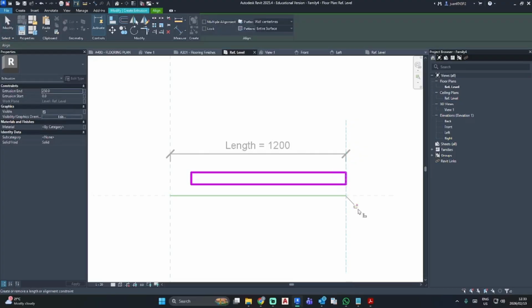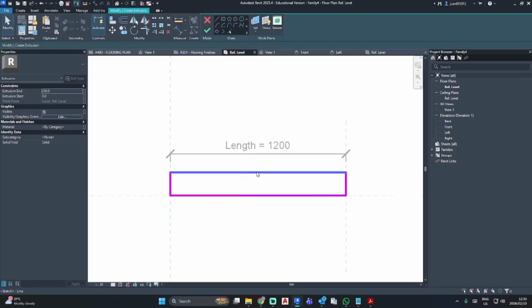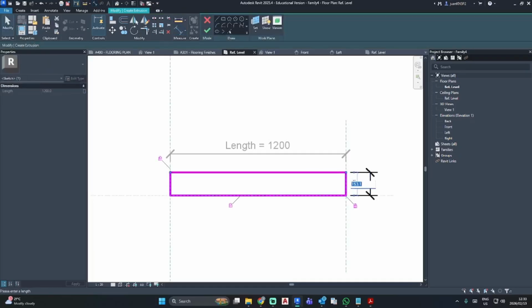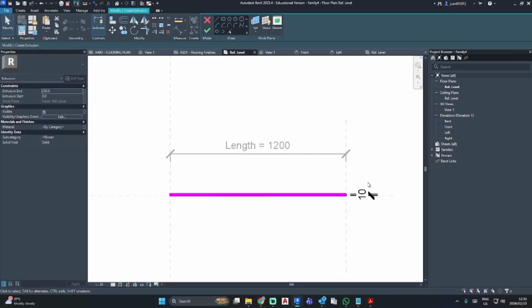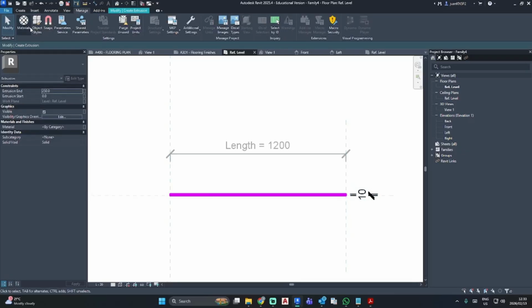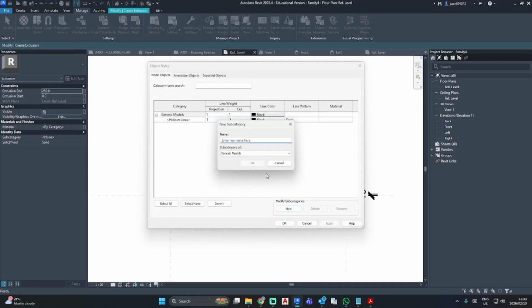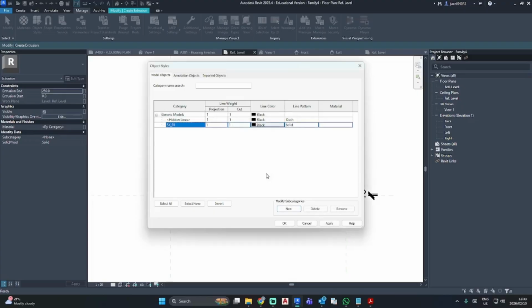And I'm going to lock these in place. And I'm going to add a simple dimension because we want this at 10. And now I'm going to go to my Manage tab, Object Styles, New, and call this SK01.